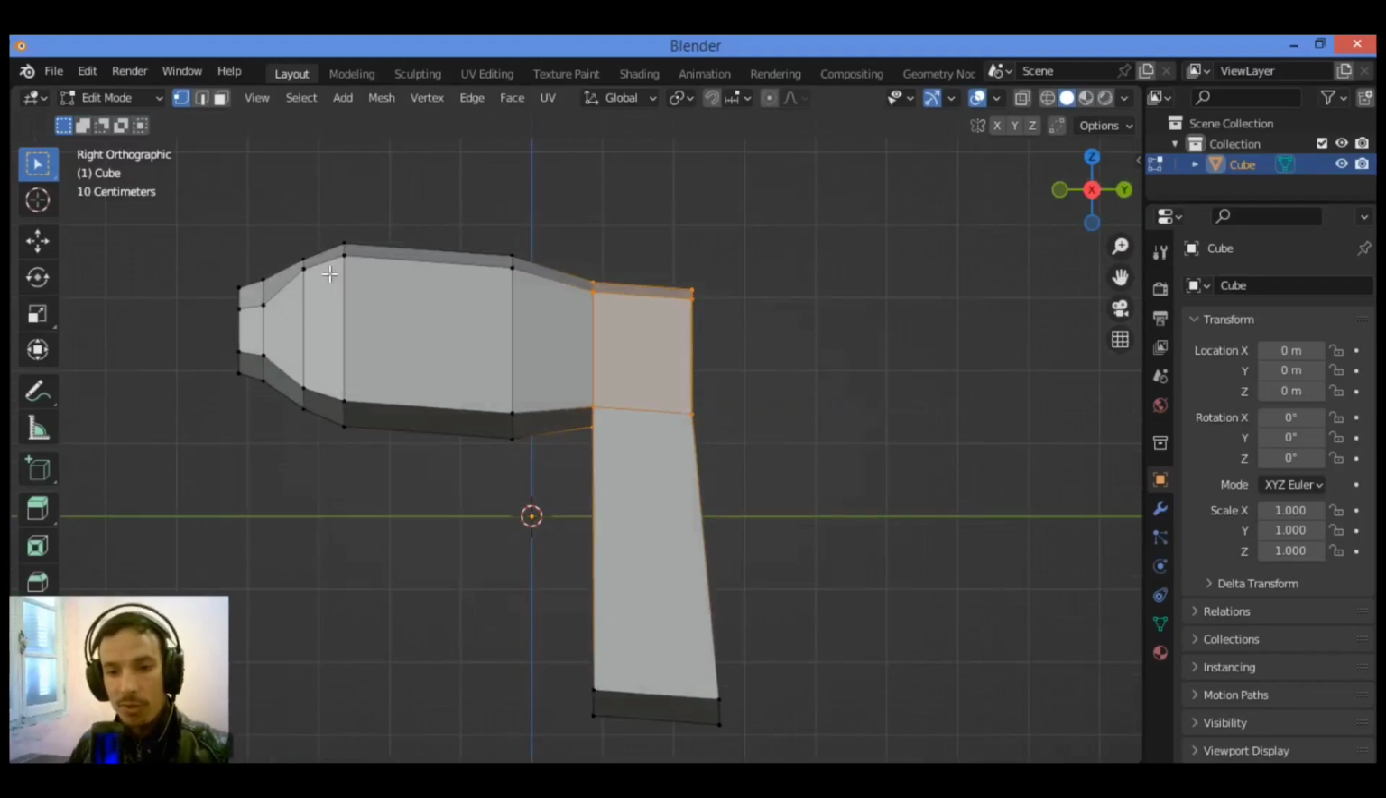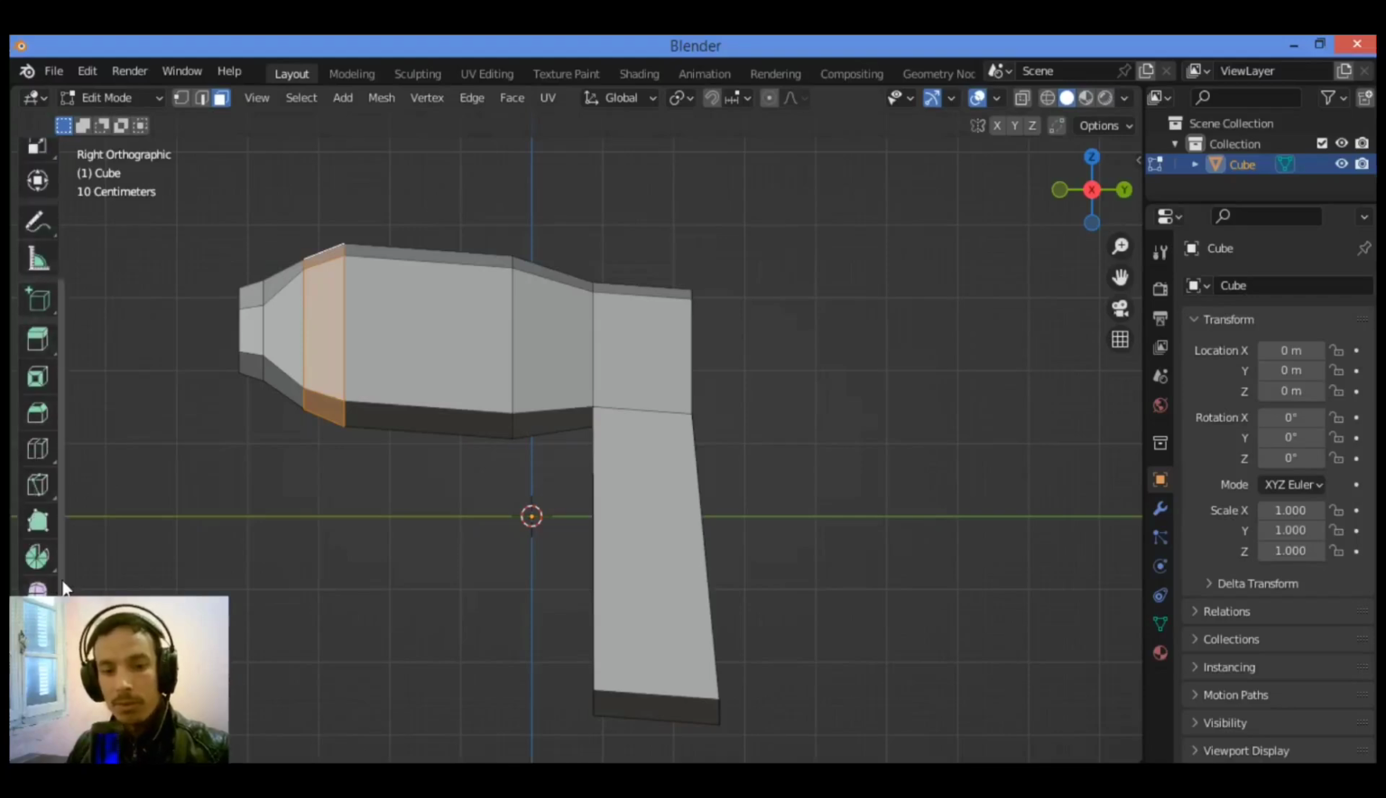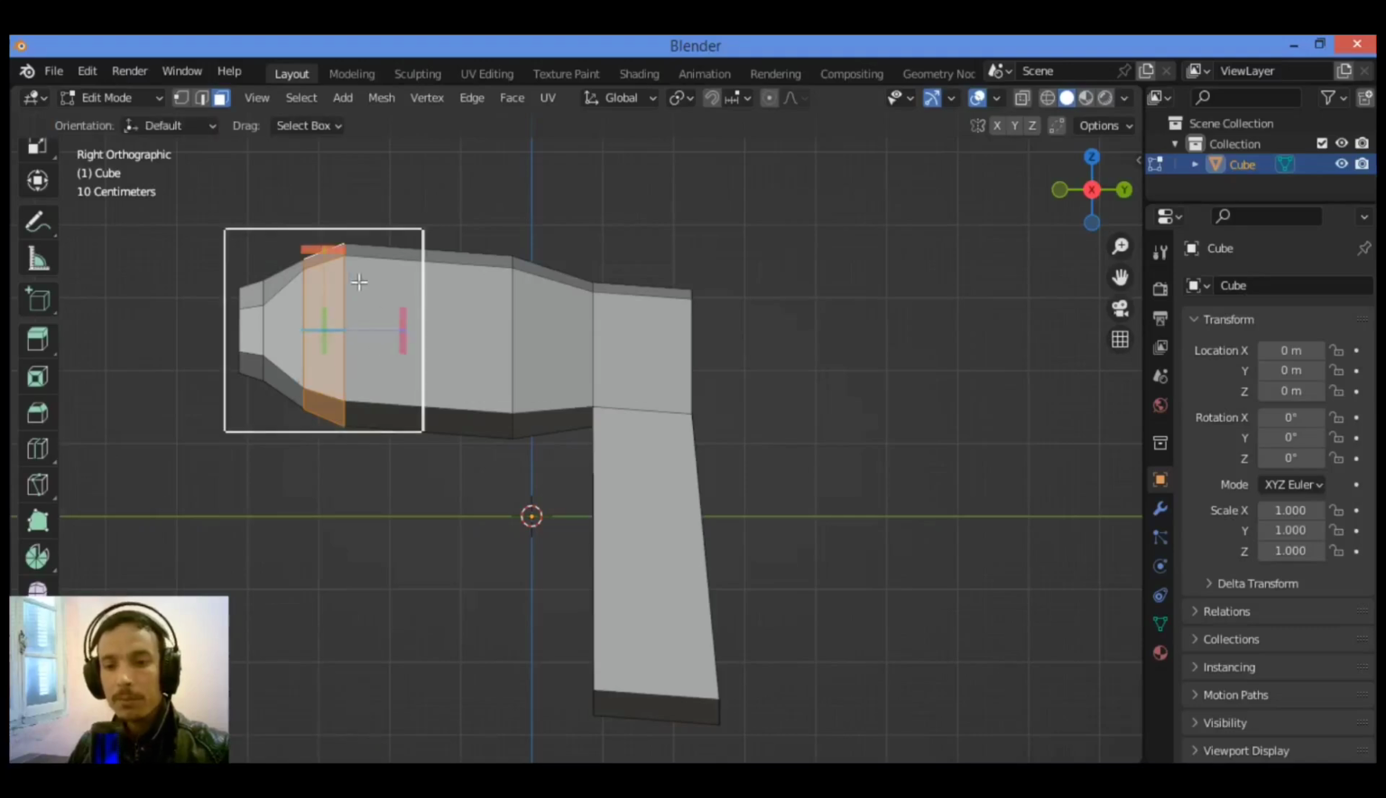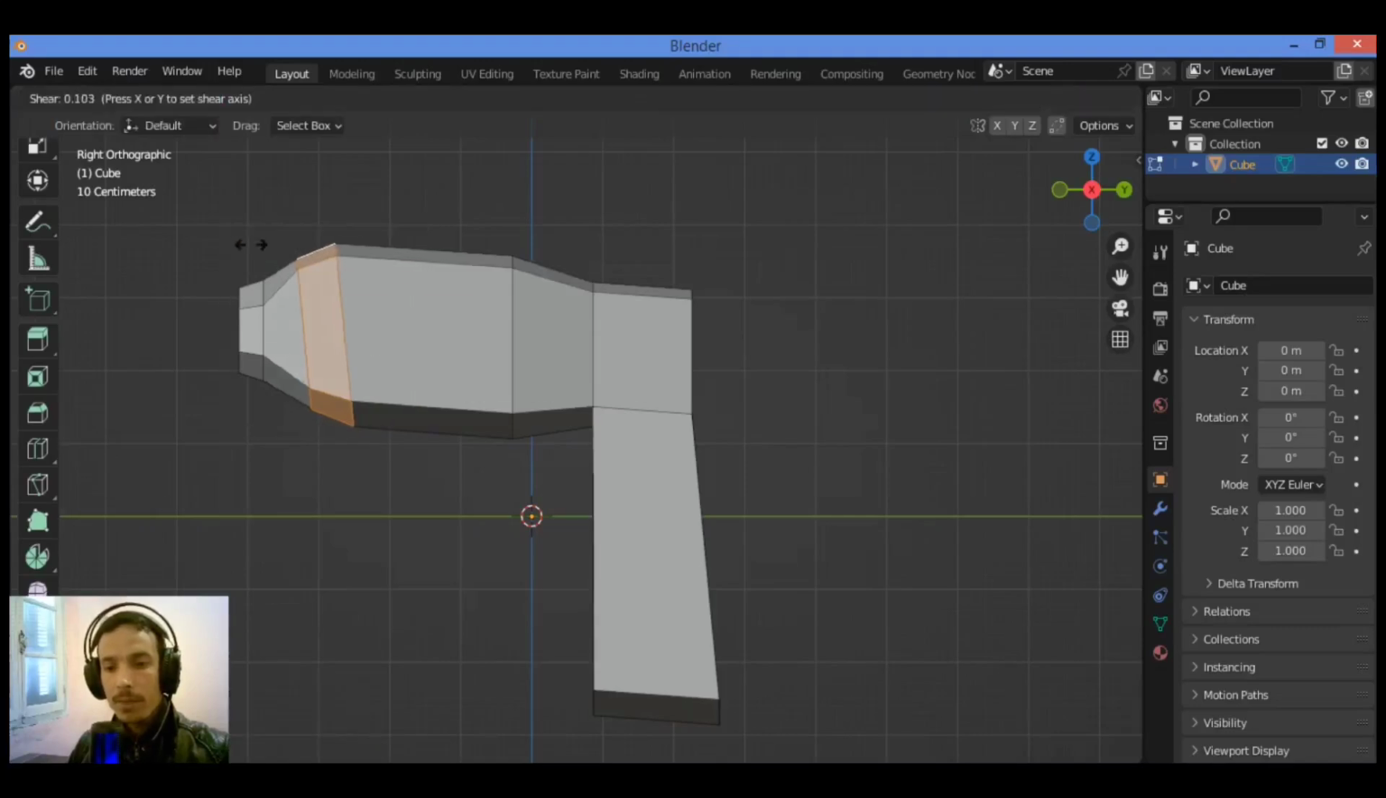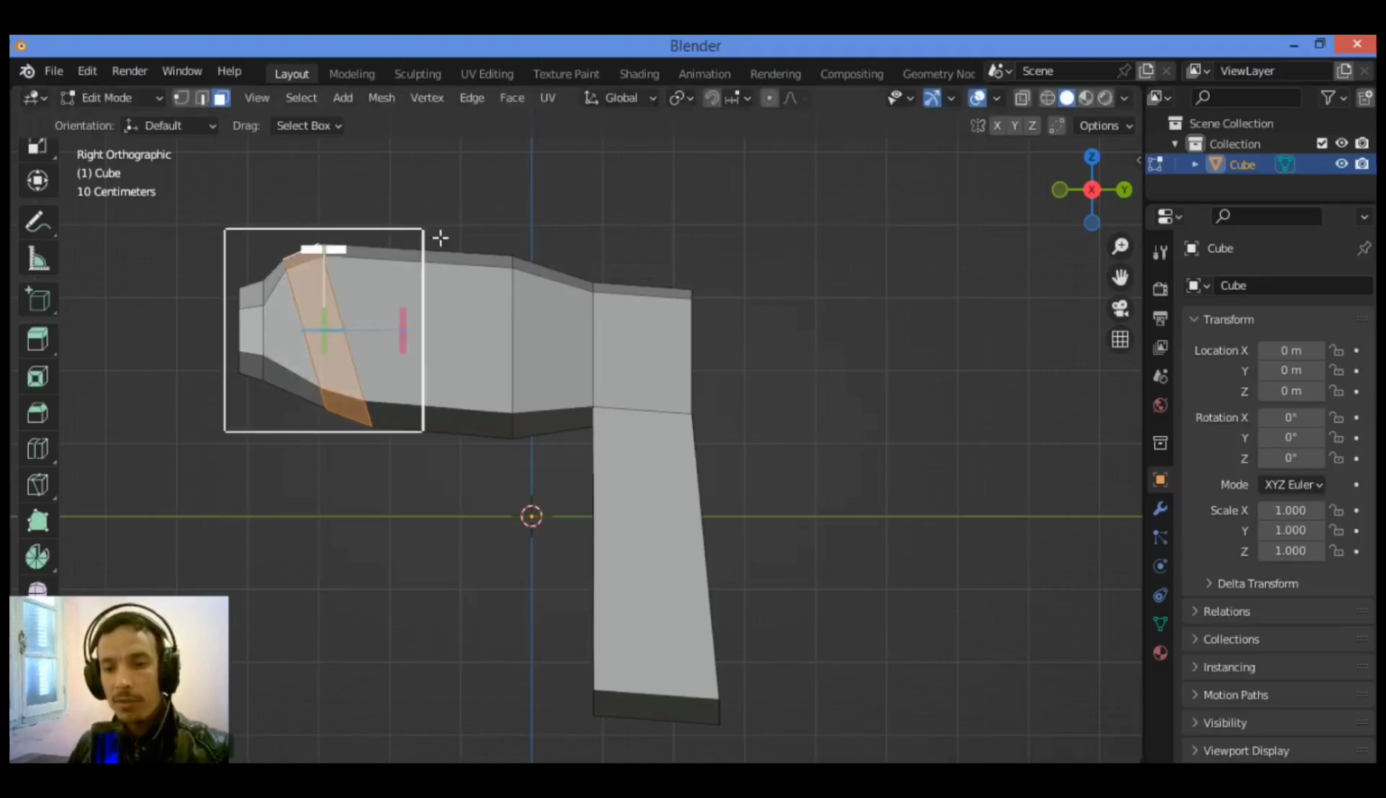I think we should shear all these faces, this loop of faces. Switch to face selection mode. Select this loop of faces. Go over here to the toolbar. Search for the shear tool, click on it. Let's shear it like this, just a tiny bit, to match the shape and make the realistic shape of the